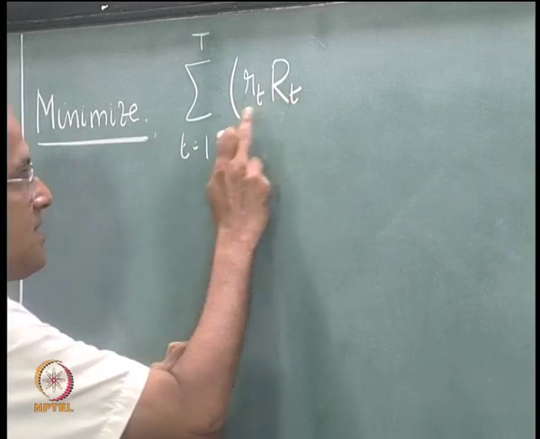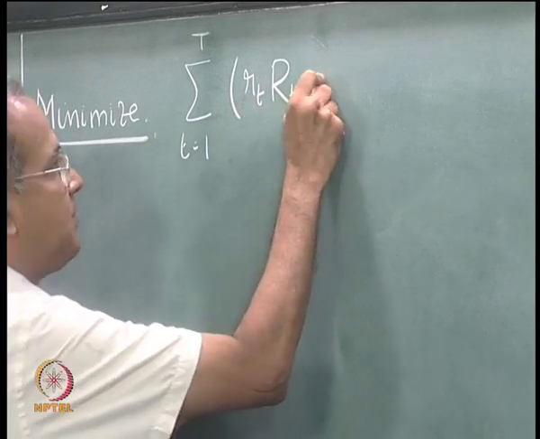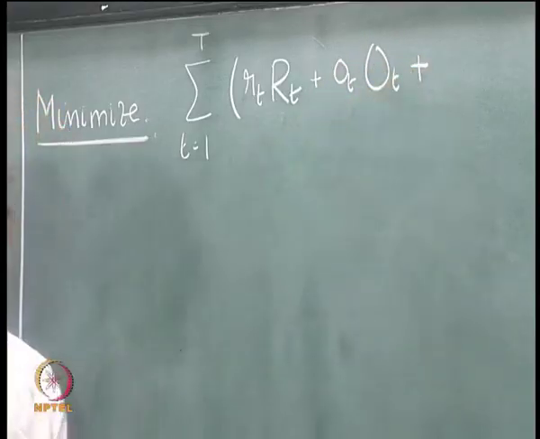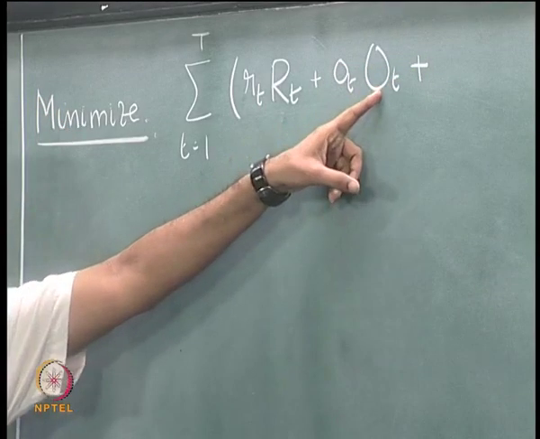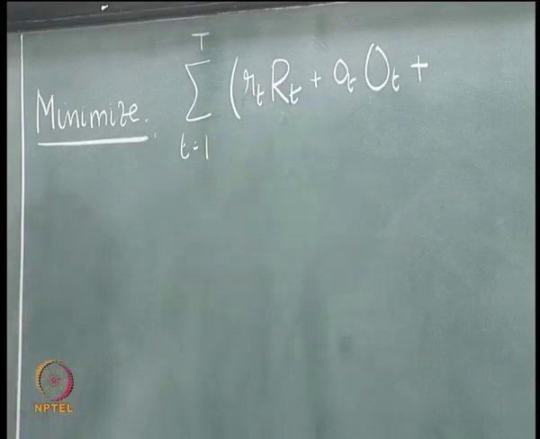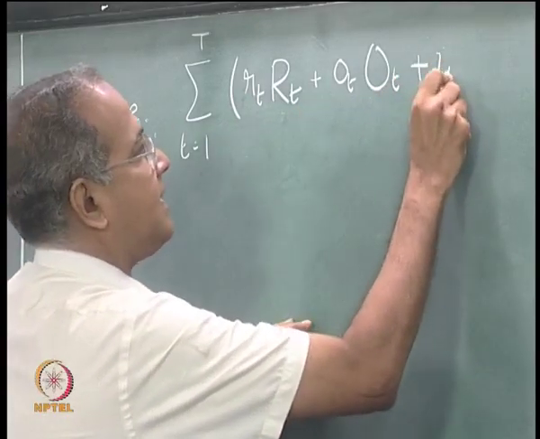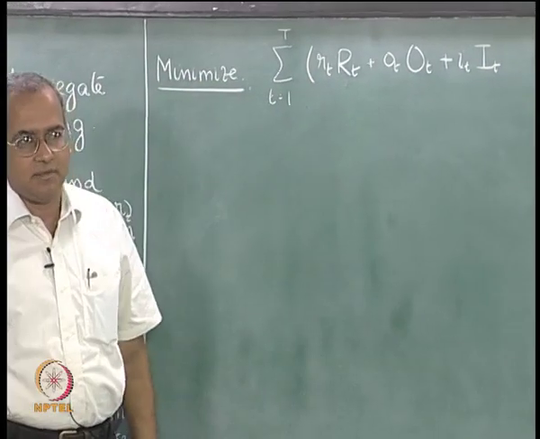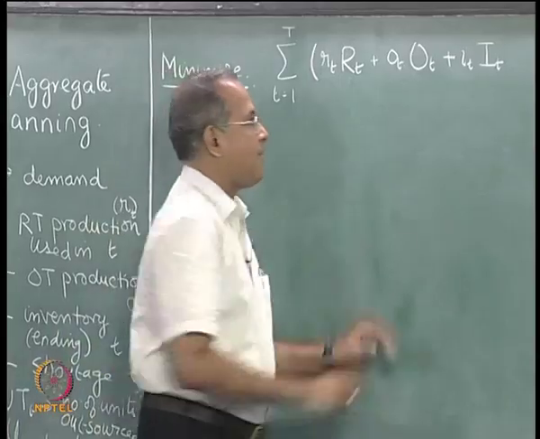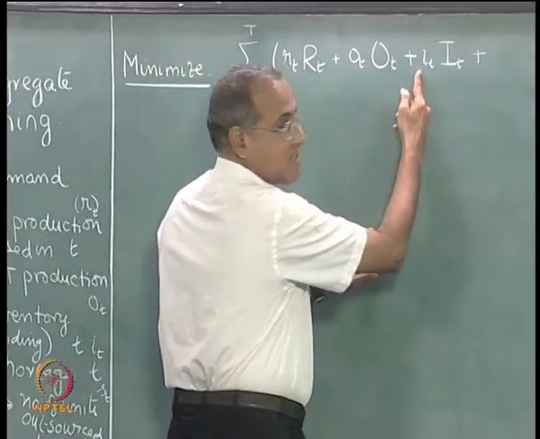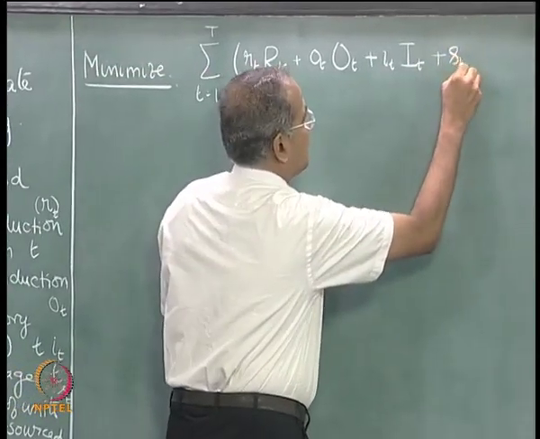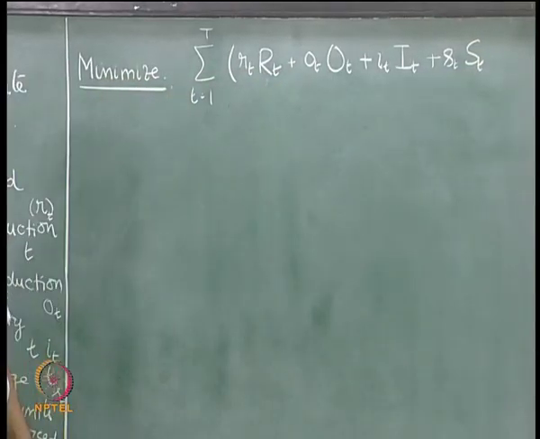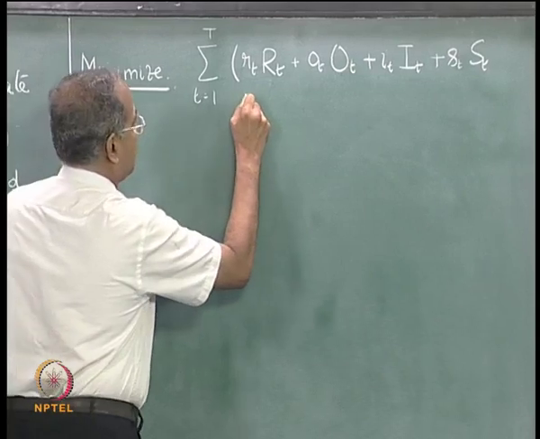So, this represents the regular time production cost plus OT into OT, this represents the overtime production cost, this is the variable, this is the unit cost, plus IT into IT represents the cost of holding the inventory. This is the variable, this is the cost, plus ST into ST, which is the cost of shortage if it is there, plus